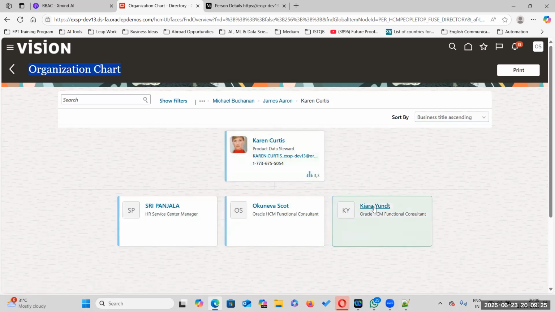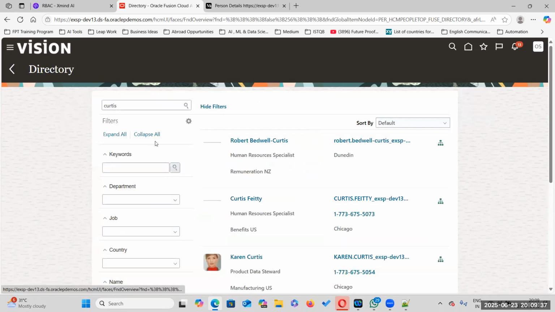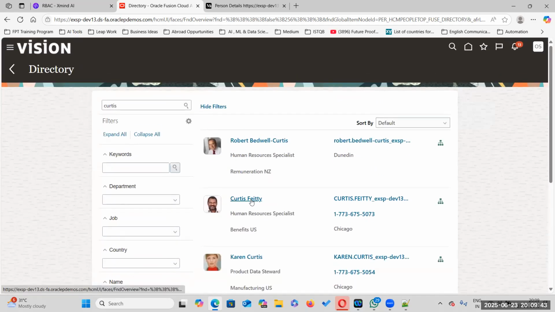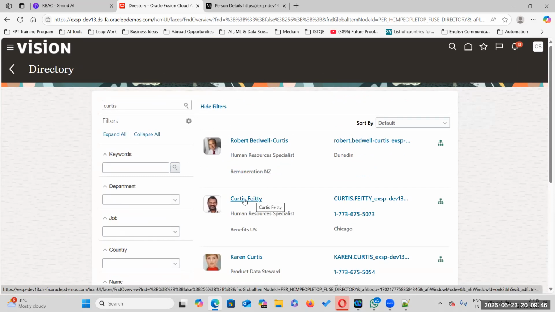Suppose somebody wants to search. Are we going to learn this organization chart also? There is nothing to learn. Let us say you want to search for one employee in your organization and see who his manager is. You want to send one mail. You know his name, but you want to know his manager so that you can see him also.